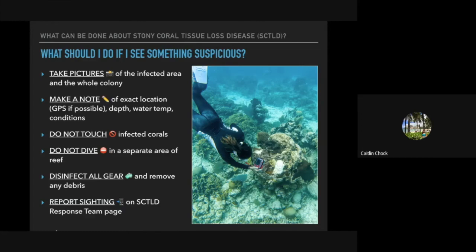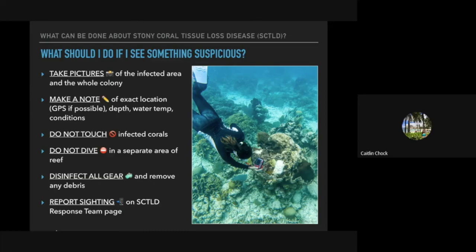Okay, so again, what should you do if you see something suspicious? So hopefully you have your camera with you. Really important, if you can, take pictures. So of the infected area, a close-up of the lesion, a picture of the whole colony, and then if you see any other diseased corals in the surrounding area, getting photos of those and trying to get some photos of